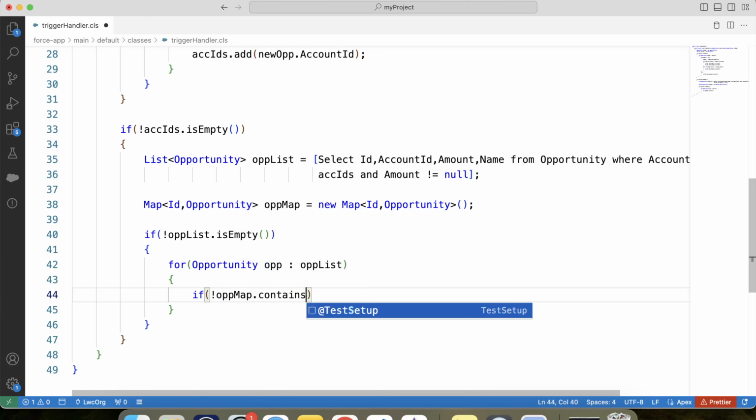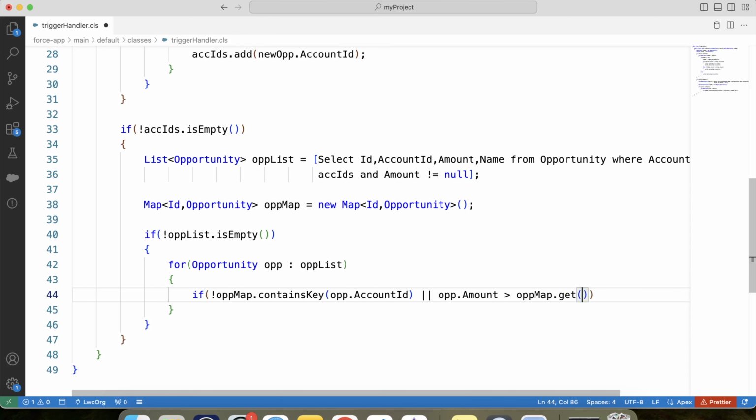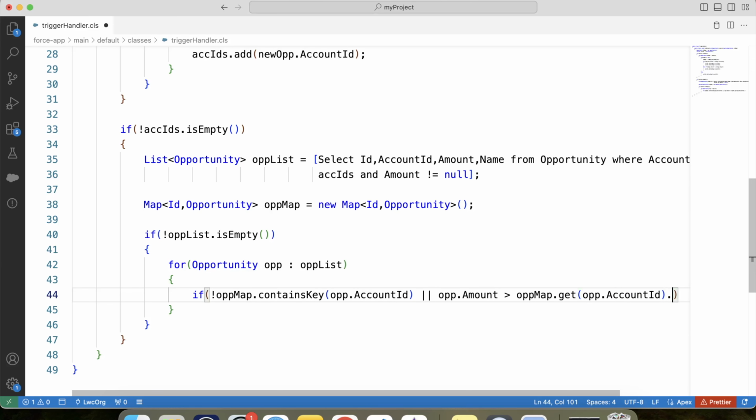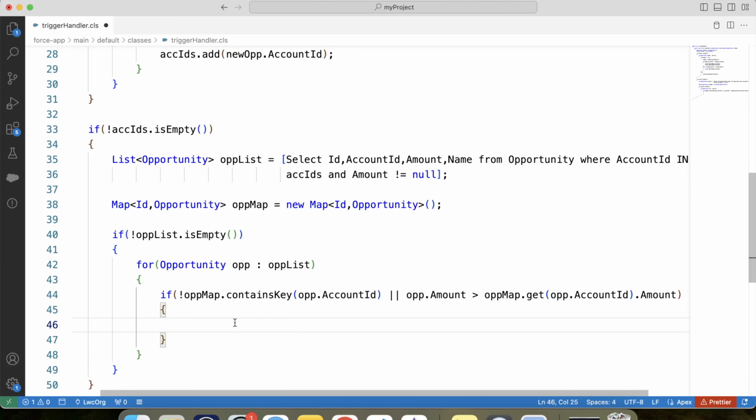oppMap.containsKey(accountId) or oppAmount is greater than this amount. And inside this block, we will put the account ID in key and the opportunity record in value like this. Dot put,